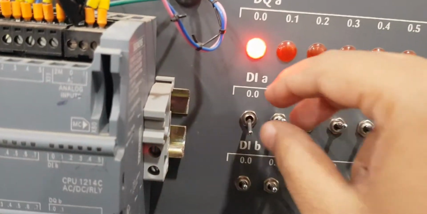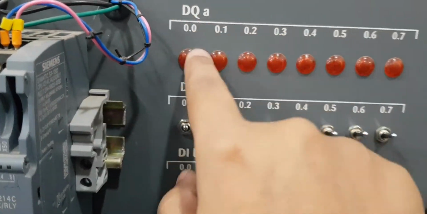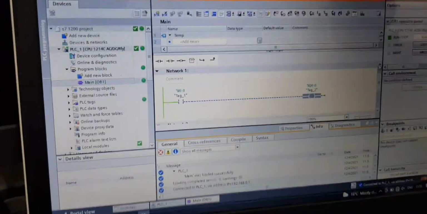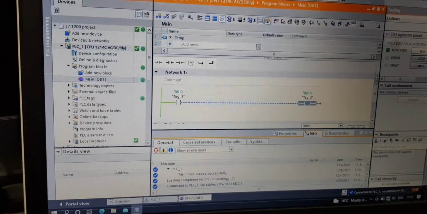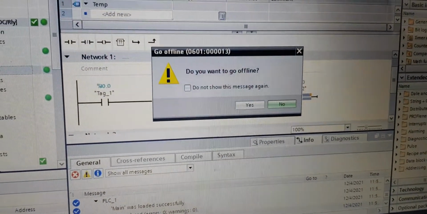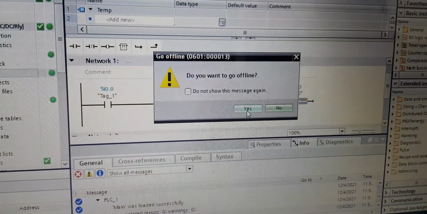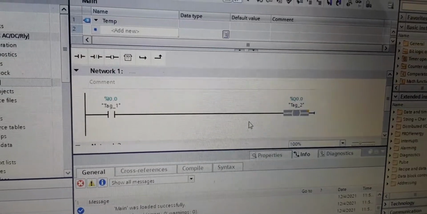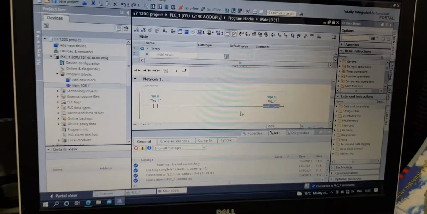And if we turn off this, then here also it goes off, and here also. So these are the basic steps of programming. If you want to go offline, if you turn off this monitoring, it will ask, do you want to go offline? You can select yes, and the simulation will stop.